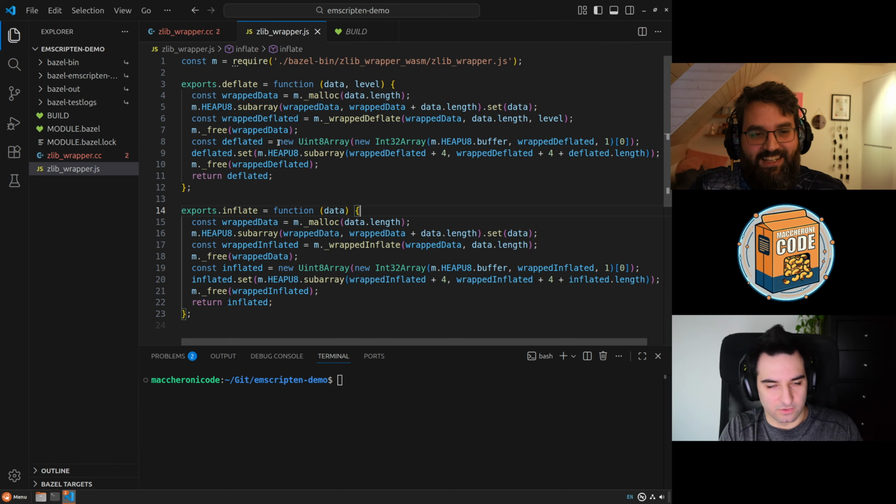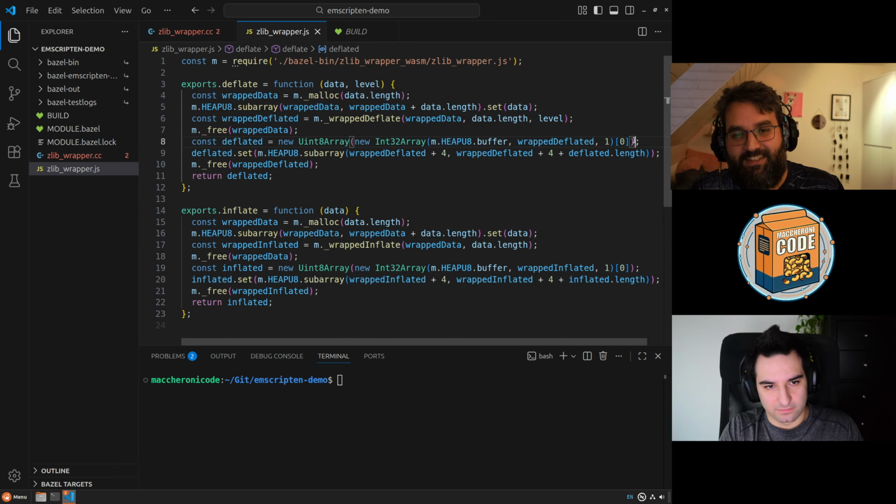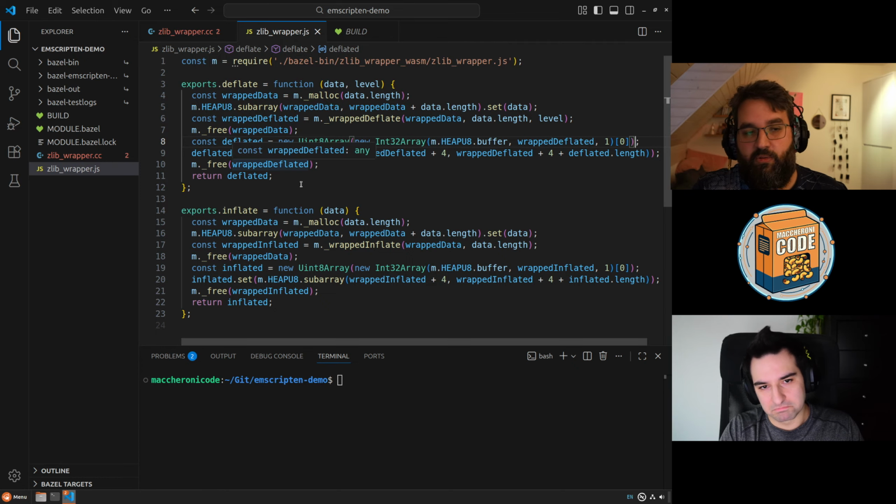So we allocate a uint8 buffer where to copy the data, and then we just copy the actual data out, and we store it in deflated, and then we release the memory that was allocated natively inside wrap deflate.